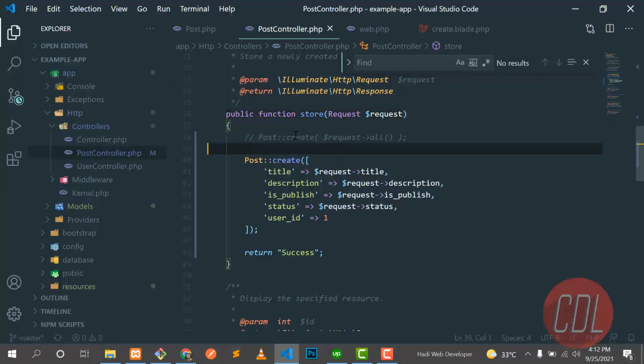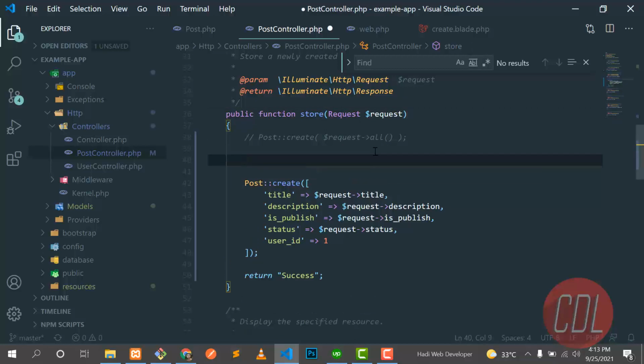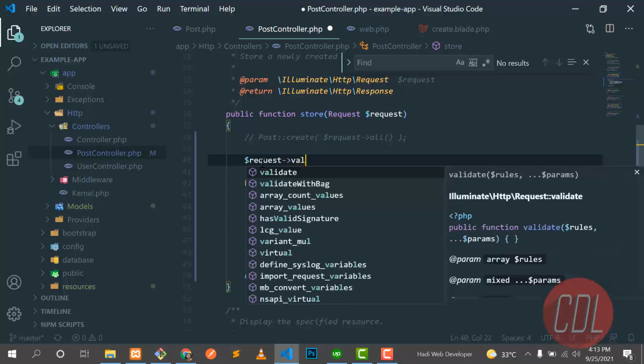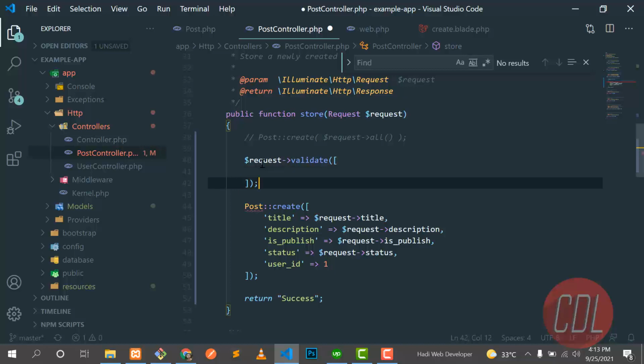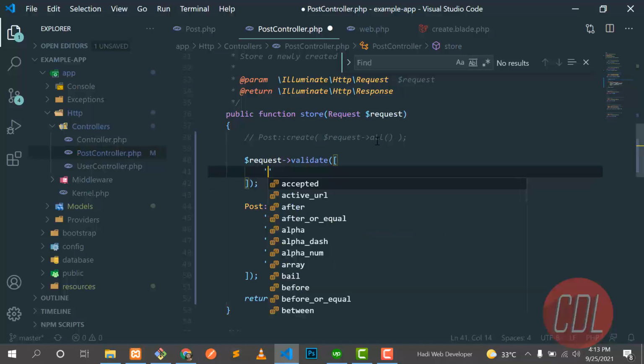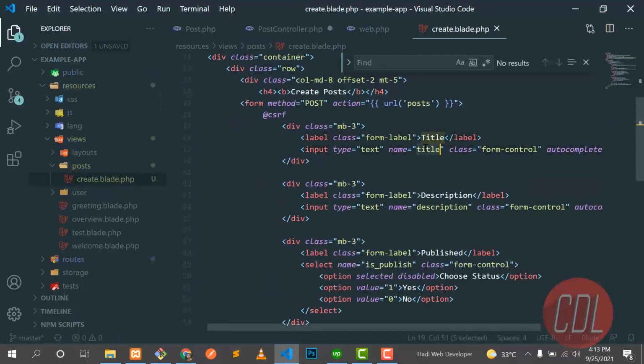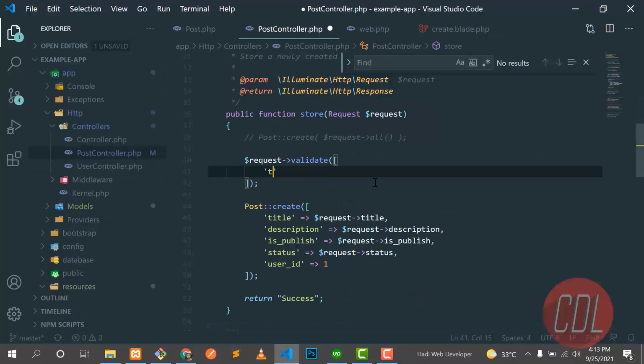So this is our form, and before submitting our form we want to validate this data. Here we have a request object, so I'm using this request, and here we need to call the validate method, right? It accepts an array, so here we need to pass an array. The first key would be the name field of our form, like this is the title. So let's enter title here, and this title should be required, right? Required means the user can't leave this title null.